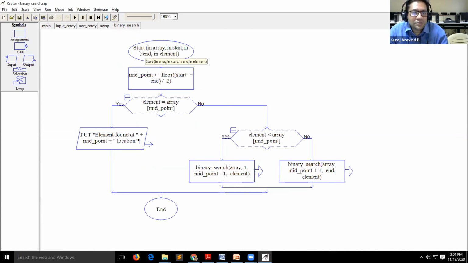So my procedure is accepting 4 arguments: the array, starting index, ending index, and the element which you have to search. So in sub procedures, you have to pass the arguments, otherwise they are not visible. There is something called local and global variables. In the previous subcharts, whatever variable you declare, they are available everywhere else.